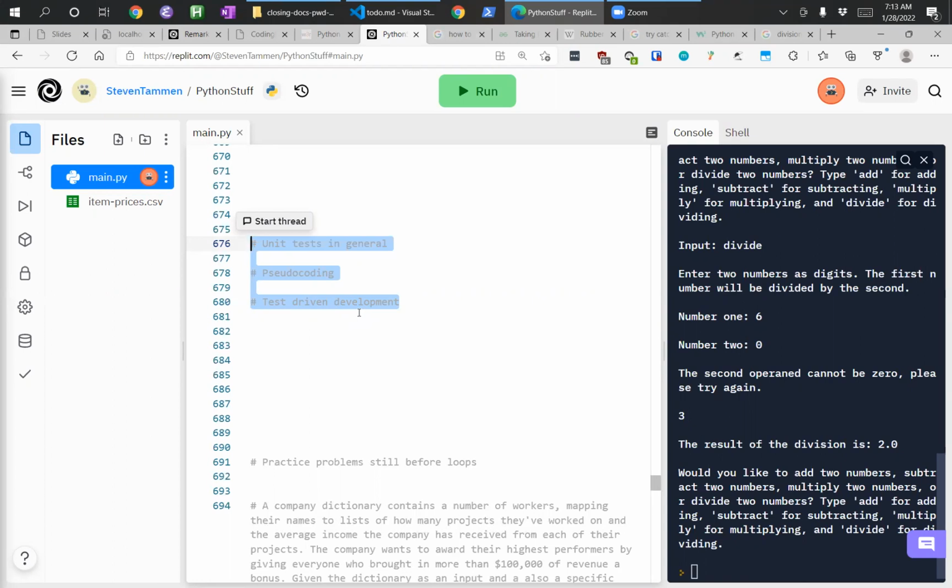But I actually added one right before we started here. I was going to talk a little bit about pseudocoding and test-driven development. The reason I included this after talking about pseudocoding, we already discussed a little bit. I don't want to overly belabor the points made here because I've talked about it before, and the pros and cons of planning out more things when you program versus winging it and then reorganizing your code as you go. It's not a wrong answer. Like I said, it depends on personality and what makes the most sense to you.